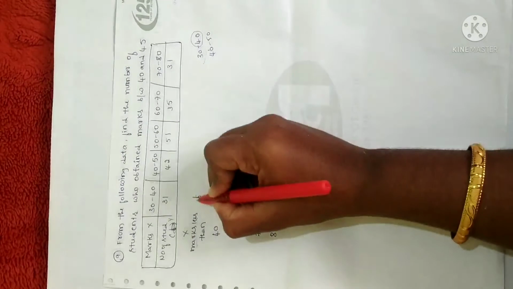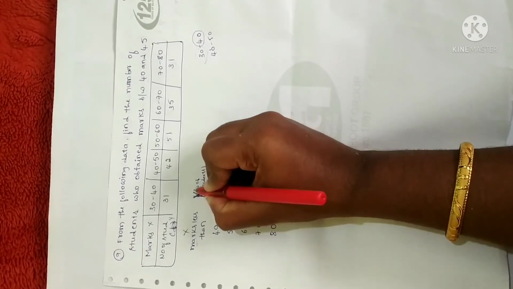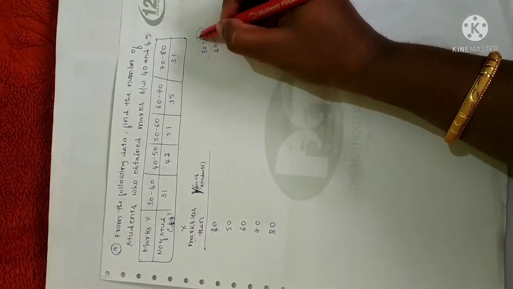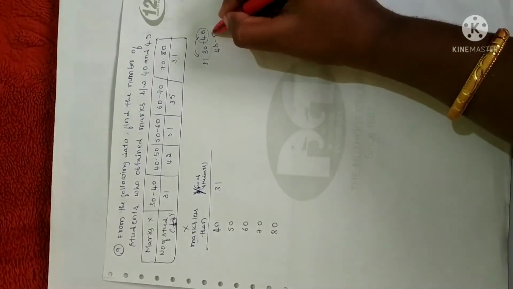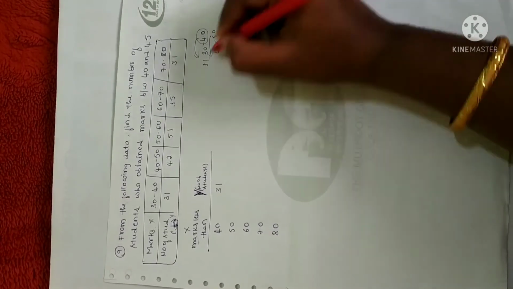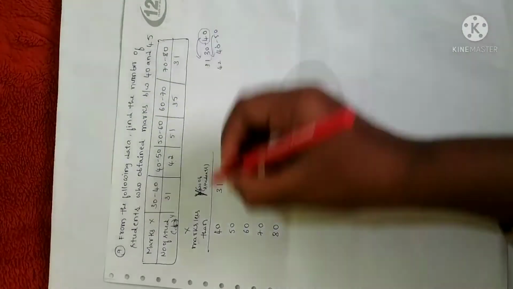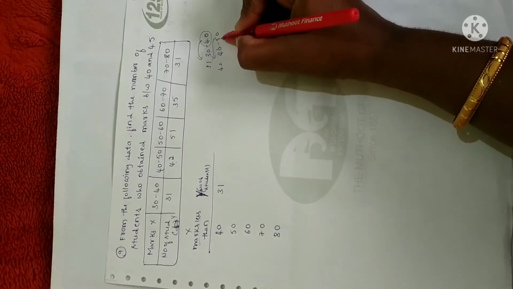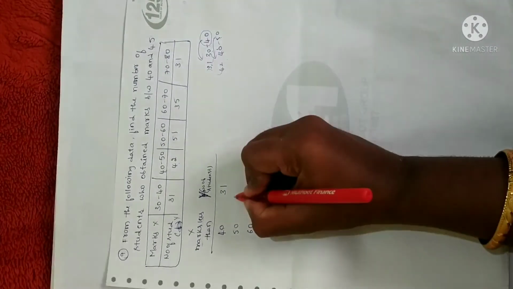These are the corresponding Y values. It is not exactly a frequency, it is Y values. The Y value is none other than the number of students. Here, what I have listed is marks less than 40. So for 30 to 40, less than 40, it is 31 members only. So the first value will be 31. Next, 40 to 50 means marks less than 50. Marks between 40 and 50 is 42 students. But what I have written is marks less than 50, and the 30 to 40 group is also less than 50. Am I correct? So you have to add 42 to 31, and 42 plus 31 gives you 73.